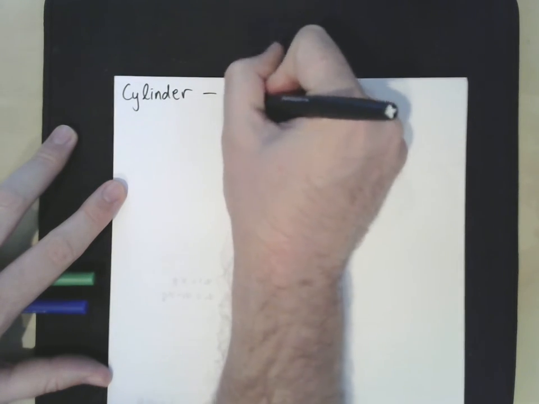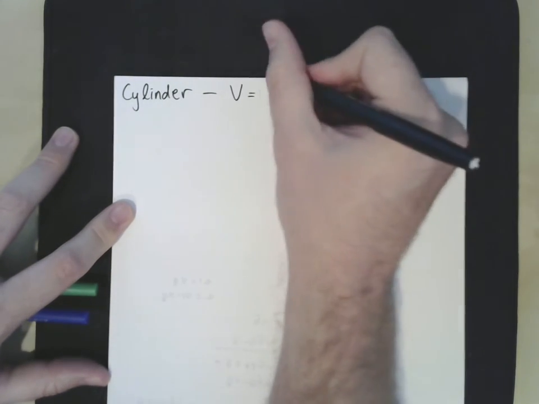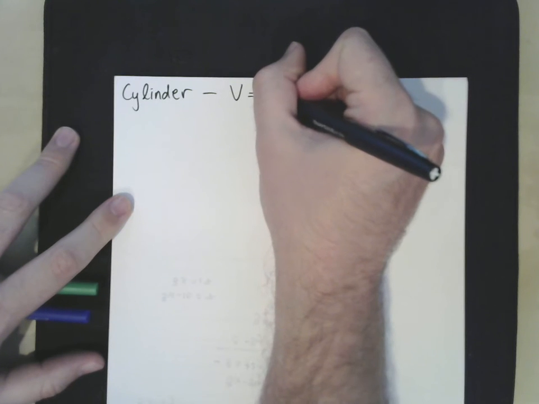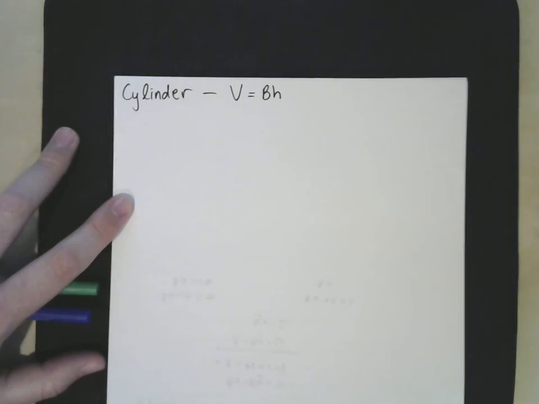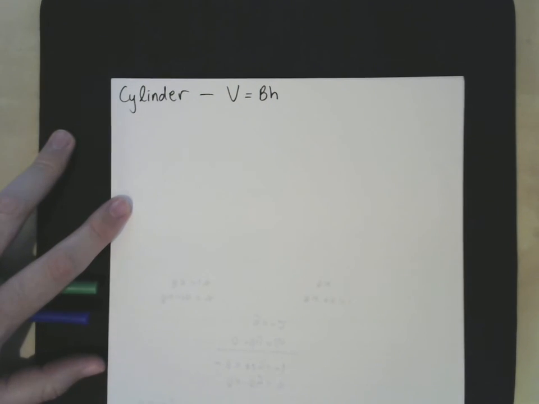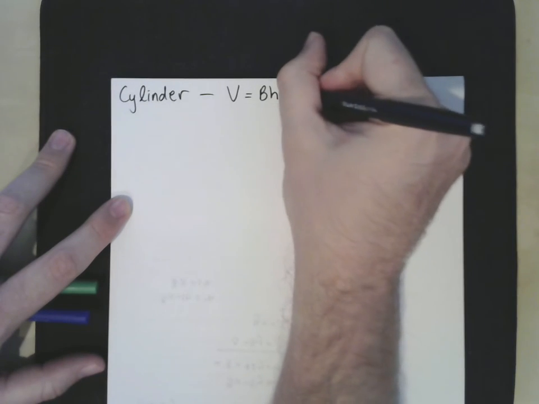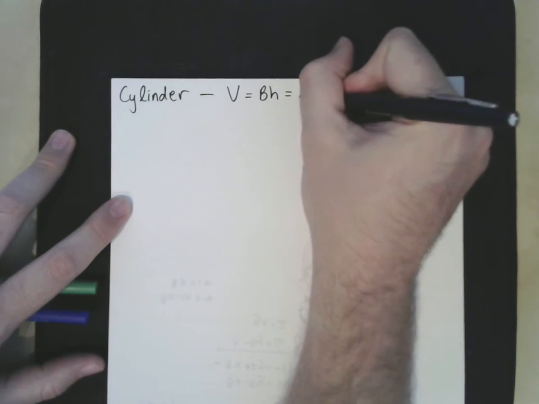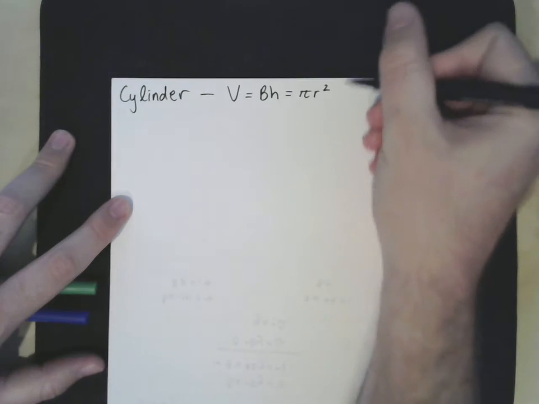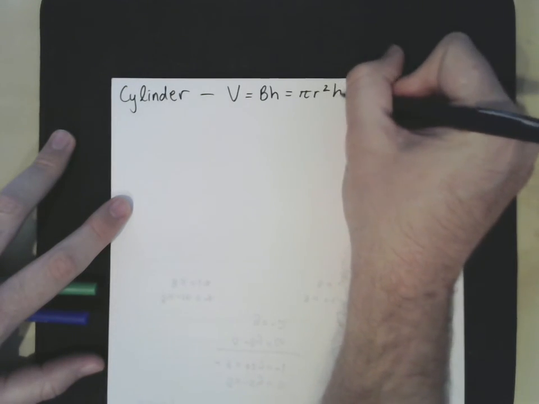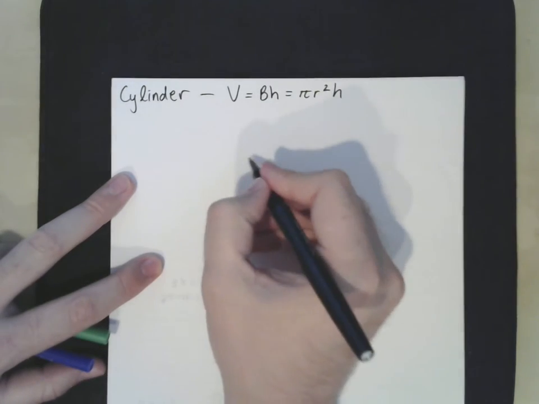And a cylinder's volume is sometimes just base times height. Again, capital B is the area of the base. It's a cylinder, so this is always going to be pi r squared, the area of a circle, times the height. And so our cylinder,